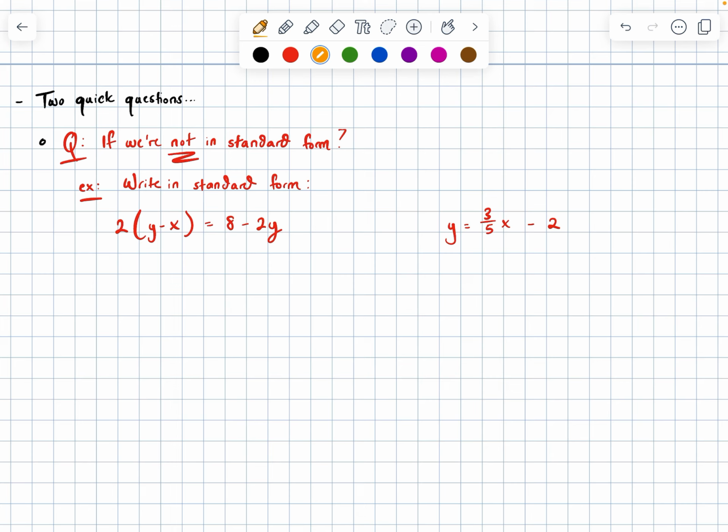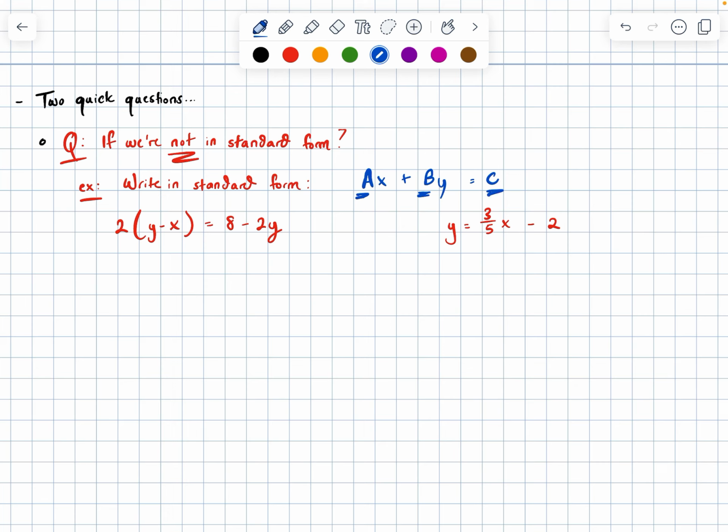Real quick, remind me, what does standard form look like? Pause the video, take 10 seconds, look back at your notes. Hopefully you've got it committed to memory. What's standard form? Go. Alrighty, well, hopefully you remember standard form is ax + by = c, where these 3, a, b, and c,